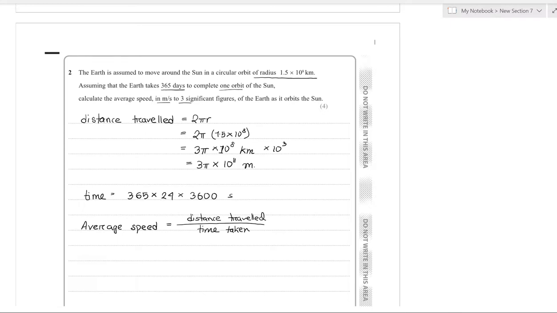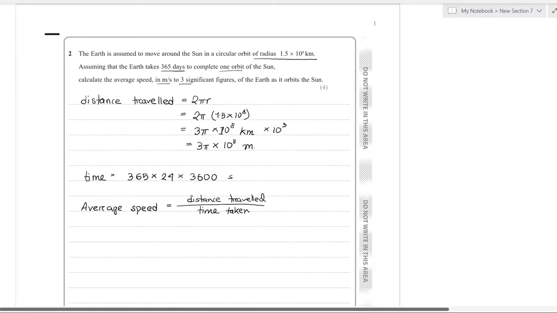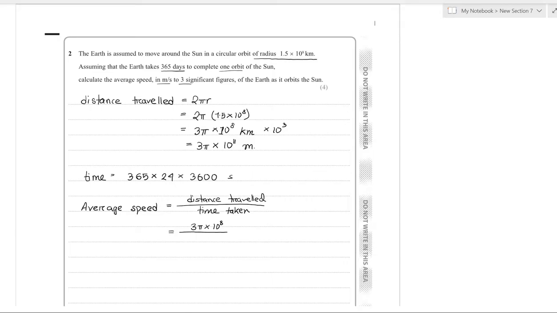Always remember that it is a very smart way to gain marks to write the equations. Whenever you write an equation, you will automatically gain some marks because of the equation. So always try to write the equation or the formula. So the total distance traveled was 3 pi into 10 to the power 8 divided by 365 into 24 into 3600. Now if you calculate it, you get a value of